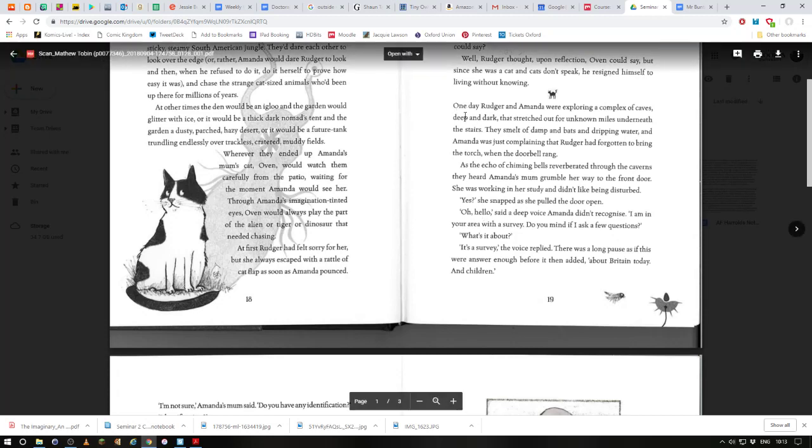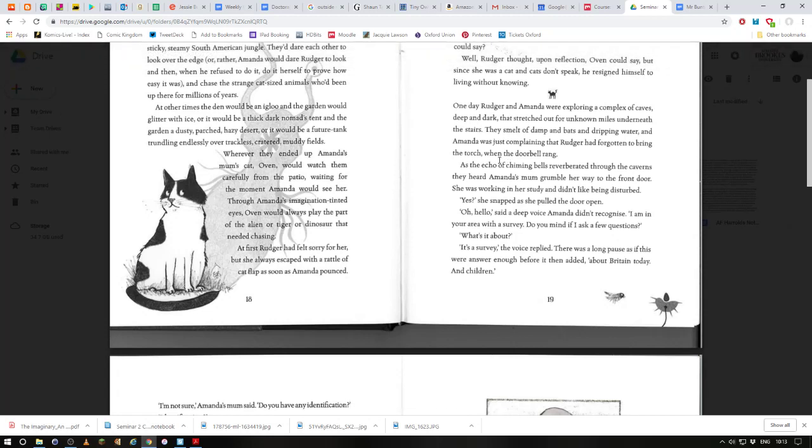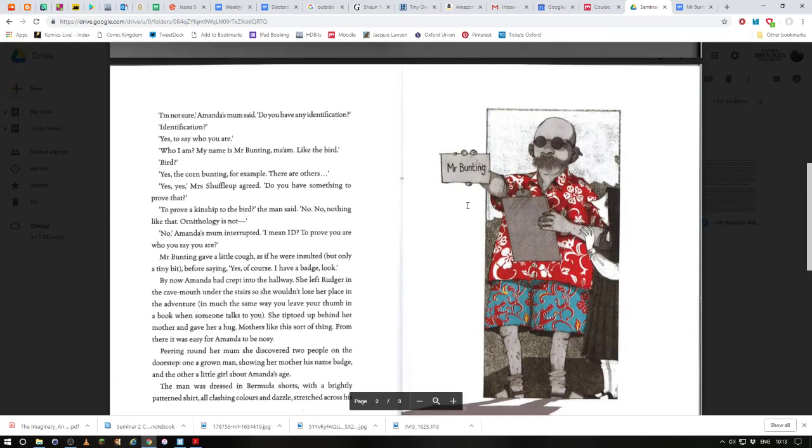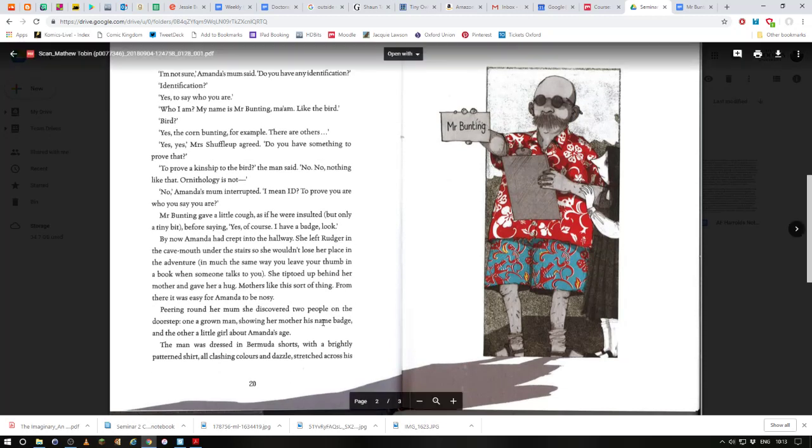But what works here is it's obviously not from the antagonist's point of view. It's not from Mr. Bunting's point of view. It's from someone else, an adult. Well, it's from the third person in this one, but really we're looking over the shoulders of Mum in this one, which is interesting. So those are the things that I want you to focus on, and they're the things that I'd like you to do to help you write your